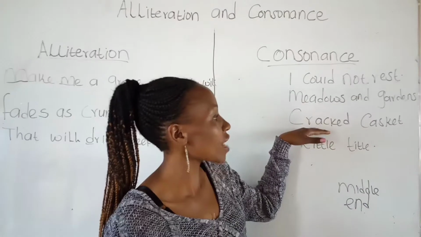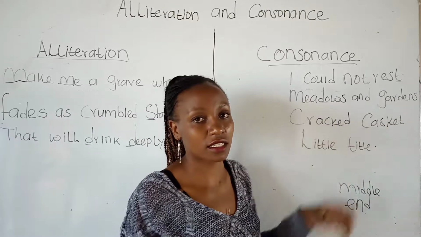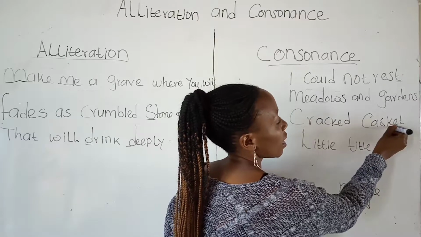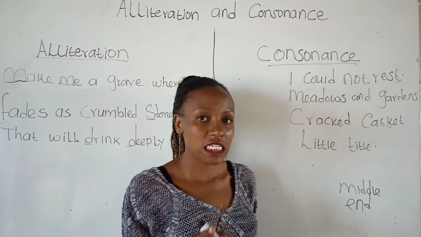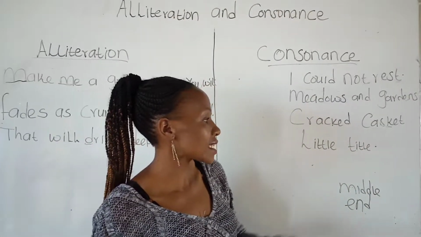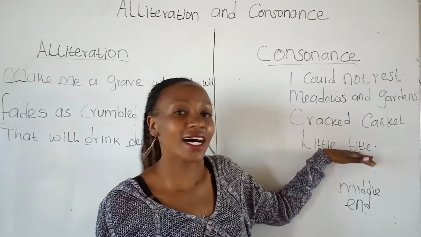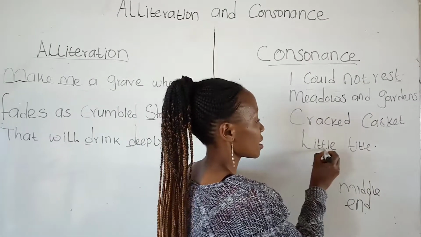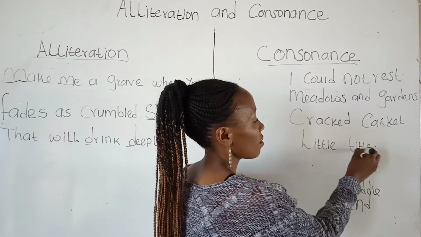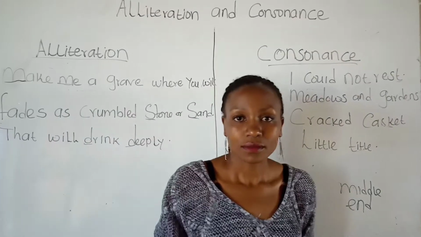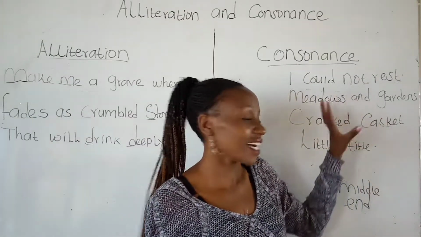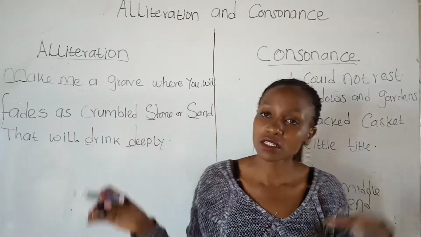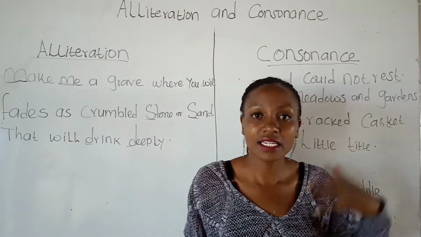Next we have "cracked casket." We have the k and the k. Again, consonance. And lastly, "little" and "title." Little, the t sound, and the title, the t sound. So that is consonance. Let us now go to the functions of these two sound patterns, and it is to create musicality, or in other words,